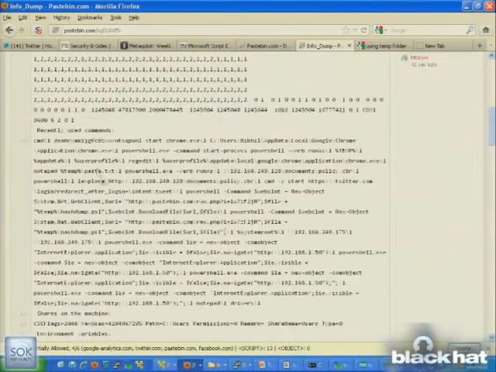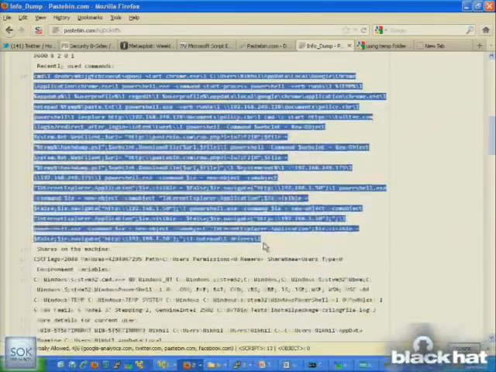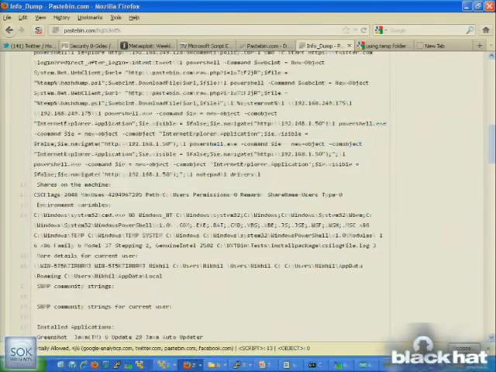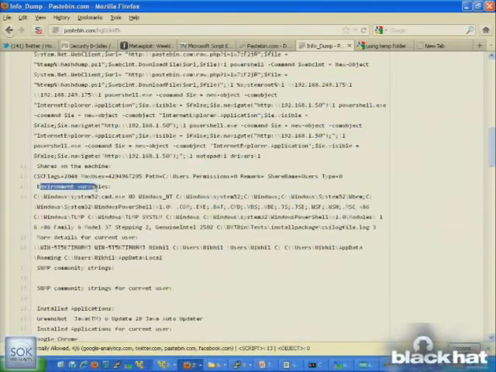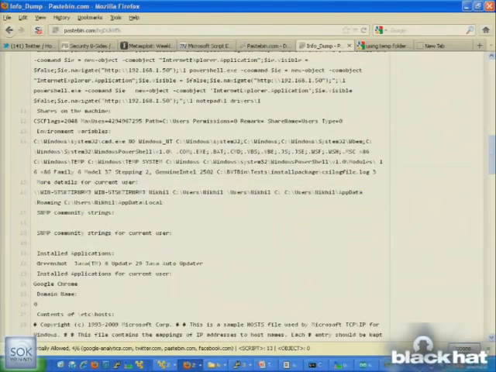Recently used commands. This is the thing which I'm going to remove because this shows what I have typed out or the Teensy has typed out in the environment. So maybe I'll remove this. Shares on the machine, environment variables, current users. Again, if there would have been any SNMP community strings,